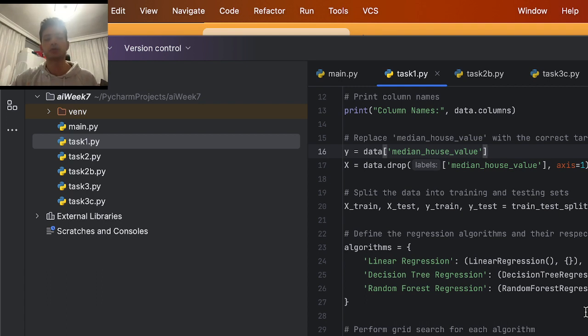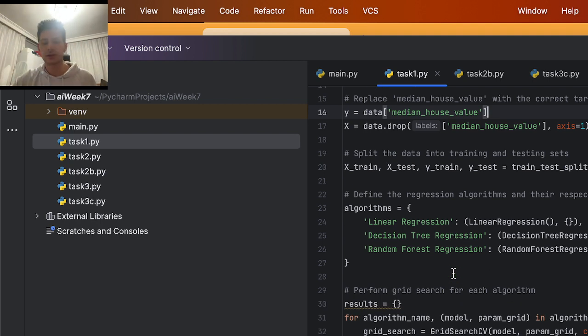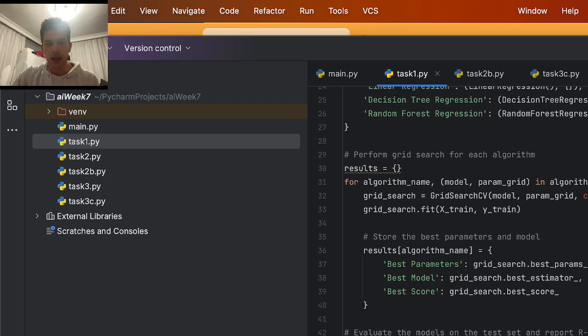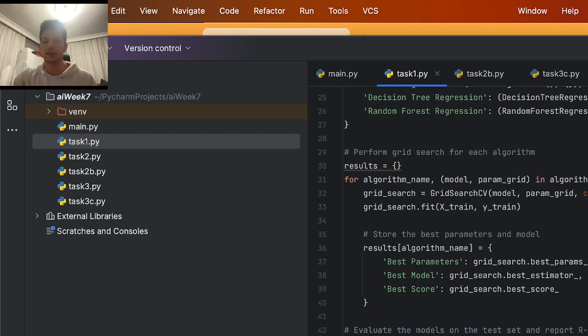I choose three different algorithms because in the task I want to choose three different algorithms. After that, we perform grid search for all of them because grid search tries different levels of parameters of these algorithms and chooses the best performance. We use that, and here we calculate the R square value to compare all of these. When we run this code,